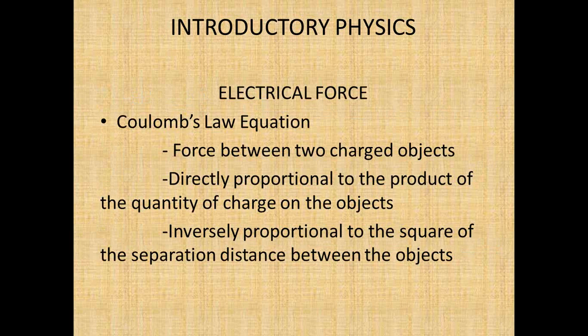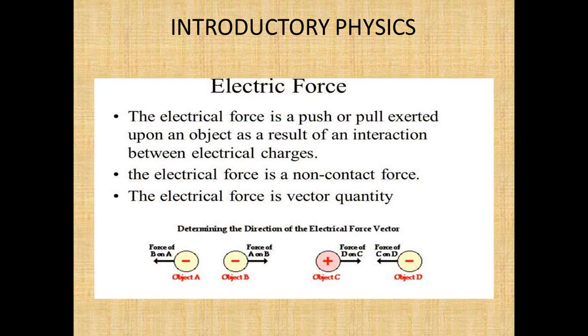Okay, it is inversely proportional to the square of the separation distance between the two objects. So the distance between the objects squared, it is inversely proportional. So if you were to write the equation again, all right, so before we get to that,